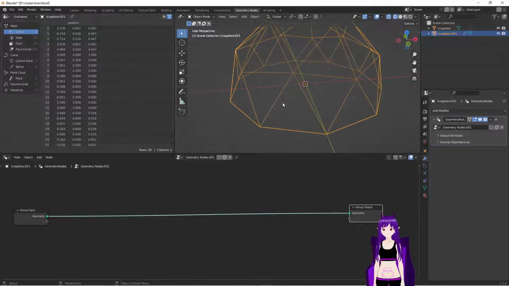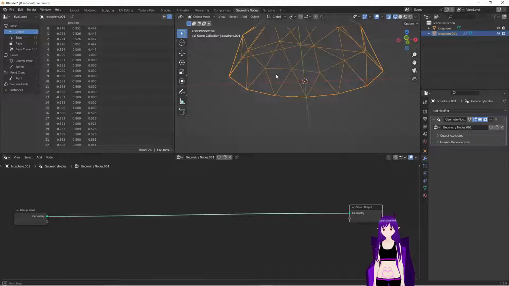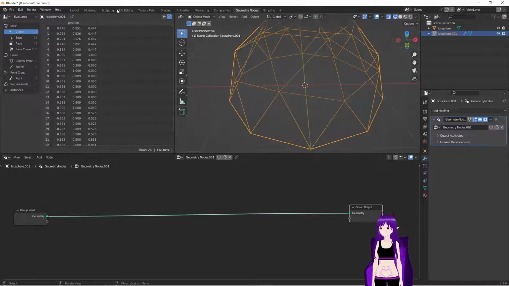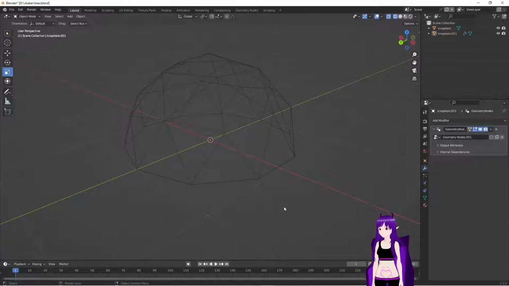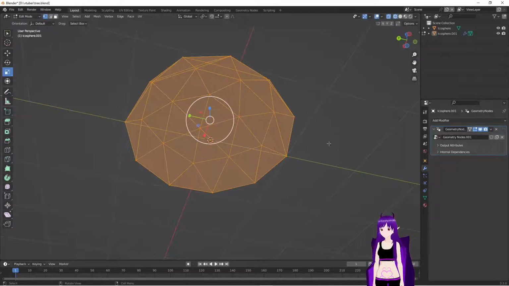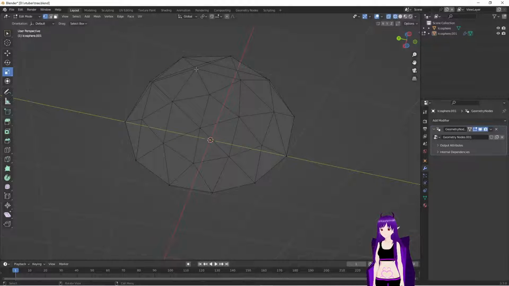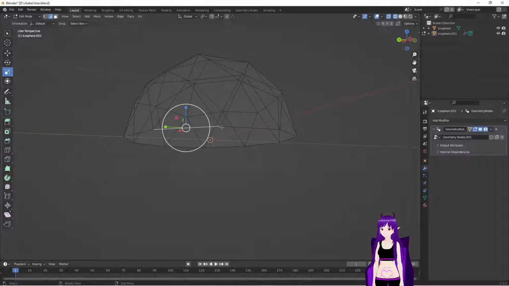Before we do that, I want to go back into the layout mode, object. We'll select everything around the center, because we want to have